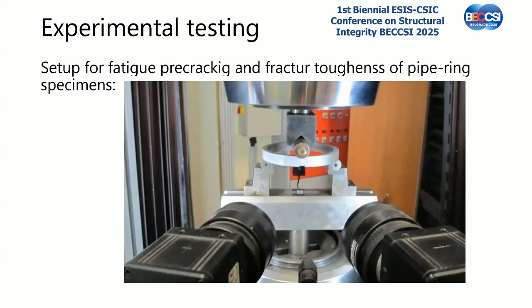So the test setup for bending of the pipe ring is here. From one side we have this clip gauge for crack mouth opening displacement measurement, and from the other side we measure with the DIC, so we measure displacement on the surface. We use here the Delta 5 method. It is a method proposed by Professor Schwalbe in the GKSS Research Center, and now it's called a different